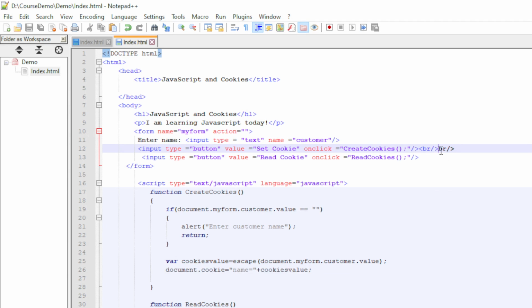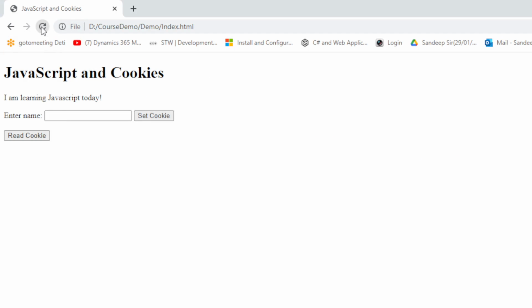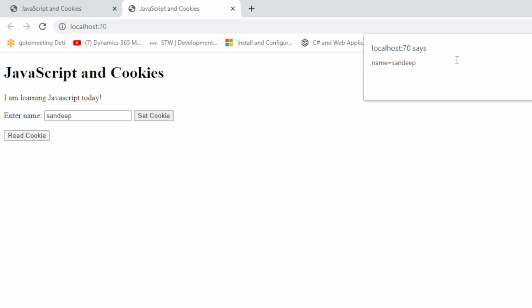There's some mistake, I just need to put it like this, and then I will refresh, it's here. So it is based on domain. So I need to create a localhost website for this, so it should work. Let me put a name here and set the cookie, and then you can see.